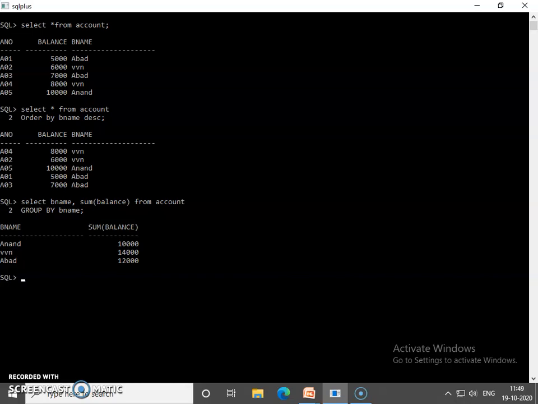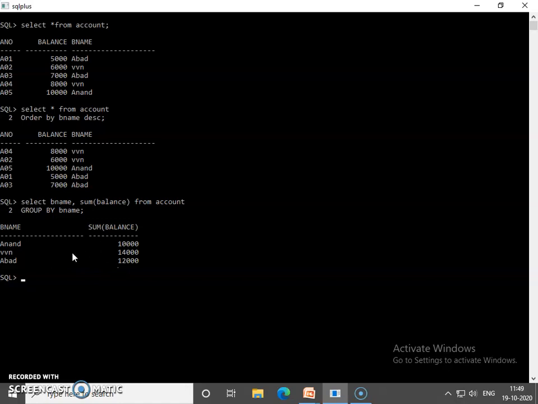There are 3 groups maintained: Anand group, BVN group, Ahmedabad. The total sum of BVN means 8,000 plus 6,000 is equal to 14,000. For Anand it is 10,000, and for Ahmedabad it is 5,000 plus 7,000, 12,000. So all data is displayed in group form.